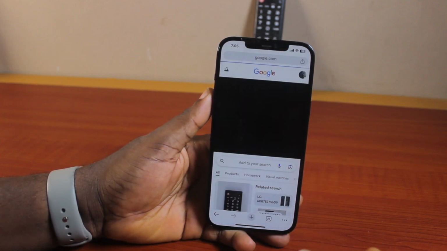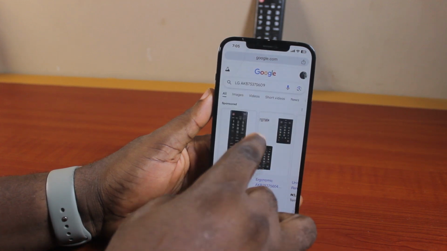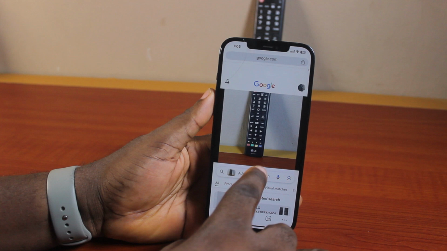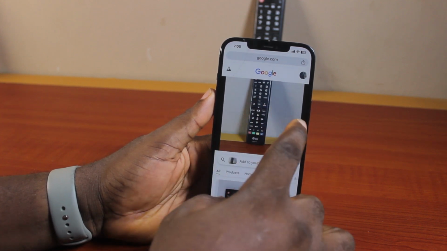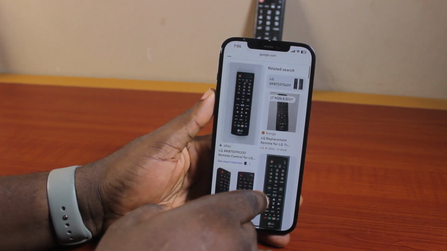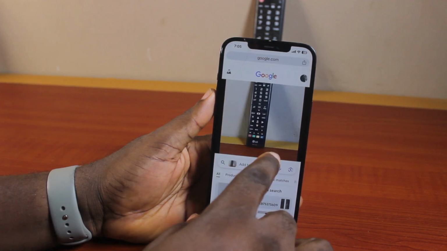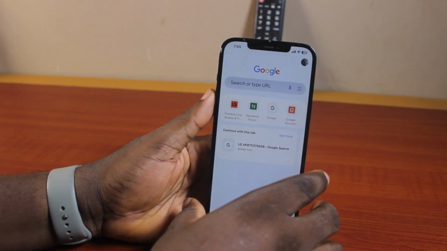Once you snap it, this is going to bring information about the result. You see that? So this is the remote, and then if you swipe up, you see information about the remote, and of course, where you can easily get the remote. So that is exactly how to use Google Lens